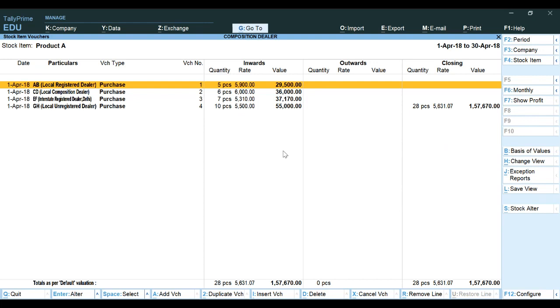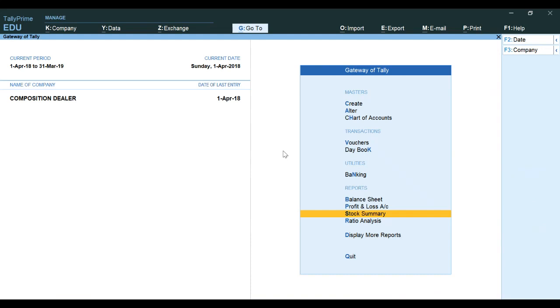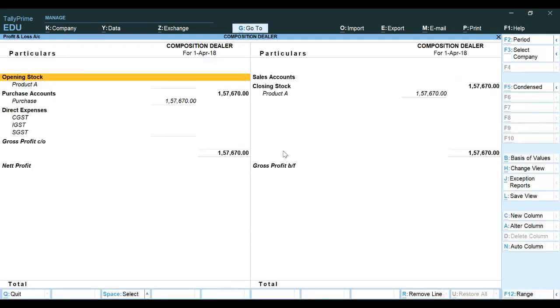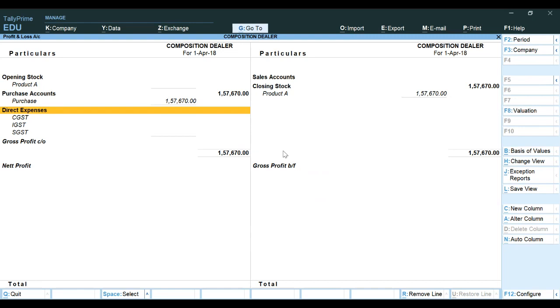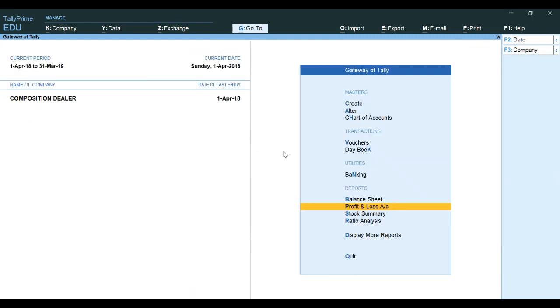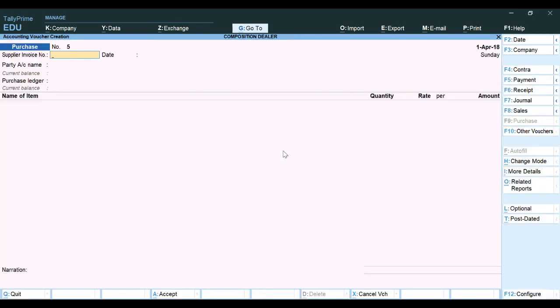Now we take a look at our P&L account, that is profit and loss, and you will see there is a closing stock of 1,57,670, and purchase is also identical. There is no direct expenses, it's been given as far as given. Okay, now this is the time to, so again get back, Gateway of Tally, come to voucher, F8 for sales